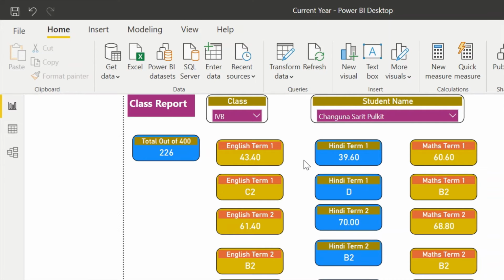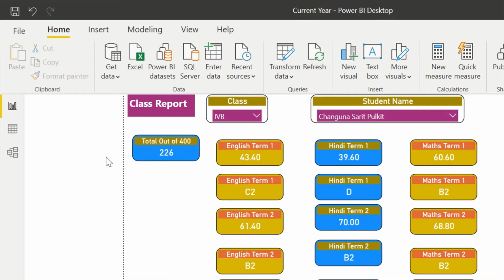We can also give the filter alphabetically, for example A, B, C, D. If A is selected, then the names starting with A will be displayed in this filter. That kind of ease we can have, or we can also provide the search criteria. When we enter the name, it will show the list of names satisfying what we have entered.